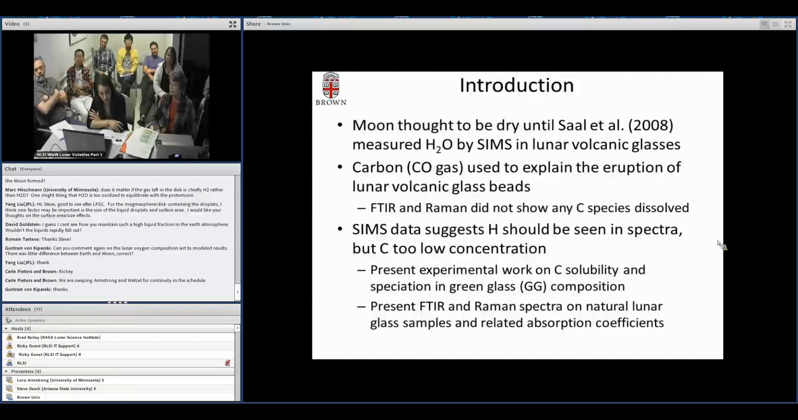There were a couple of studies that looked at FTIR and Raman spectra of both natural and experimental glasses, but were unsuccessful in determining any dissolved carbon species. However, based on our SIMS data,